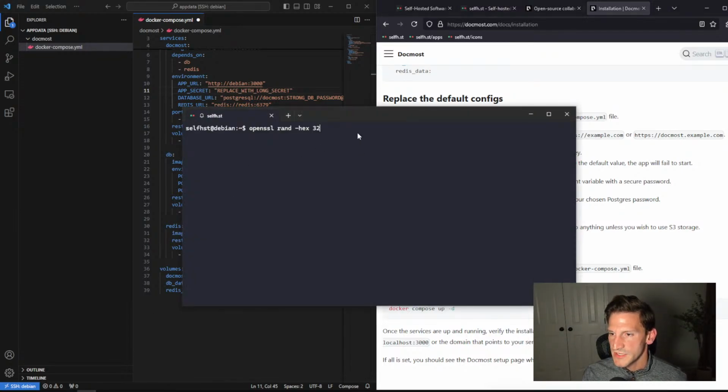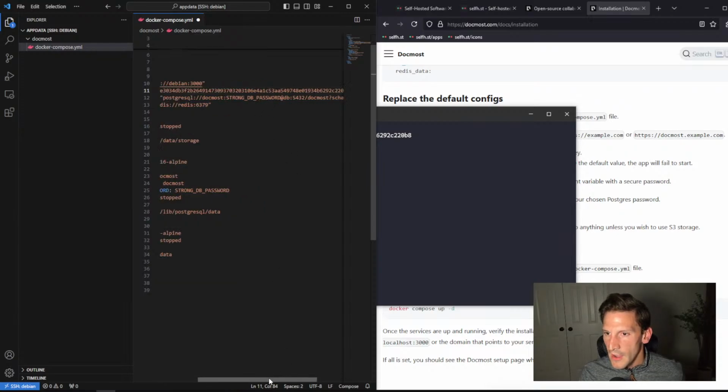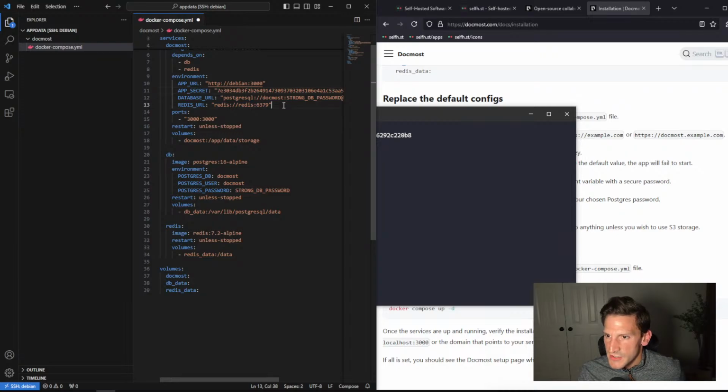So I'm just going to paste that into my terminal. I'm going to get a nice long secret here. I'm going to grab that, copy, and paste it into the app secret. Now, when we're talking about Docker security, going back to Kevin's note just a little bit ago, another thing people do, if you're not familiar with Docker, there are Docker secret files or environment files where essentially,